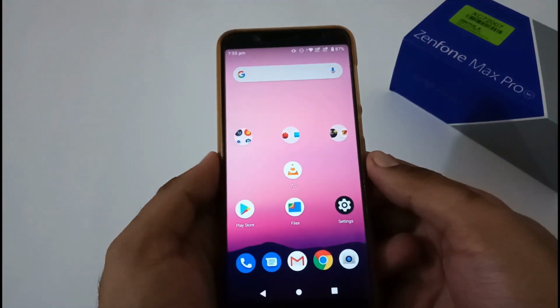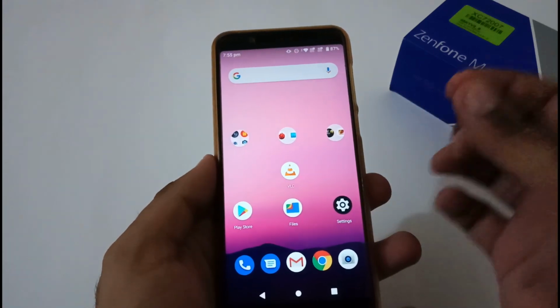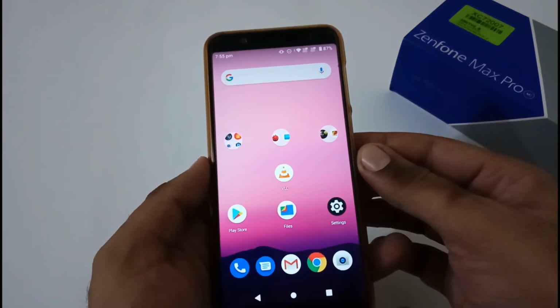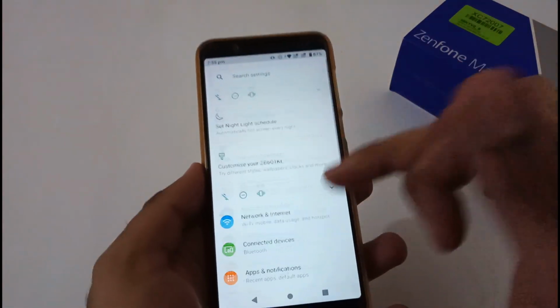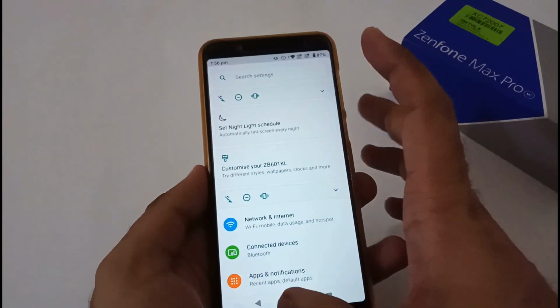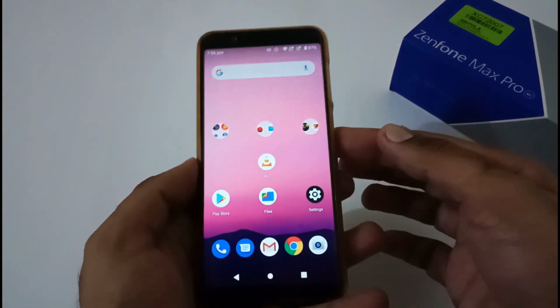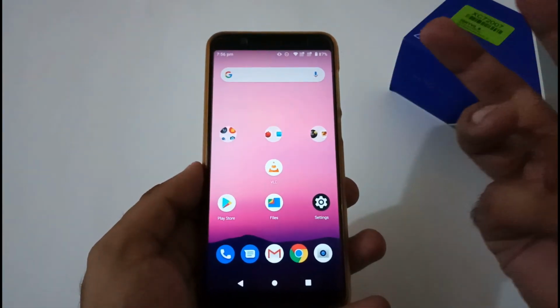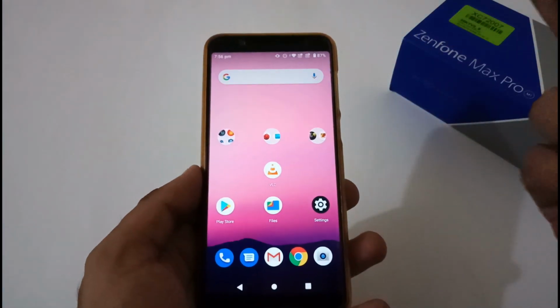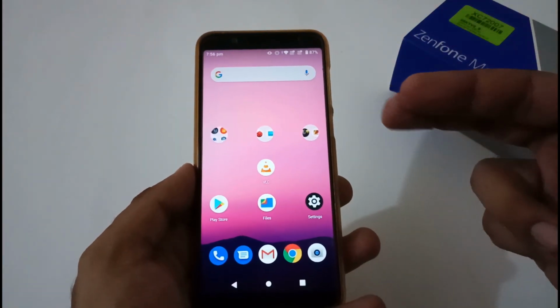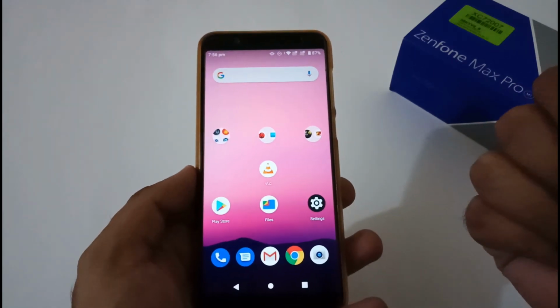So before wrapping up the video, I'm just going to discuss very common bugs. So on Android 10 Beta 4, you will see these annoying setting suggestions, and these are really annoying. So not sure whether ASUS has done this purposely, or because this has been persisting since the Android Beta 1 version, and it is a Beta 4 version, and over a span of 8 months they are not able to fix this. So now I think that they are doing it purposely.